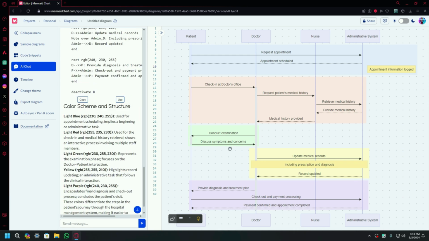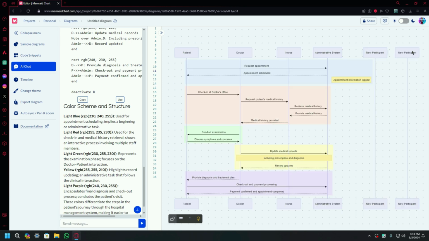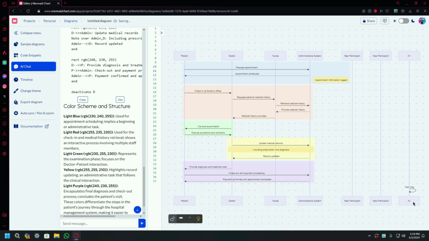Now there is one more thing that we can do. You can also just use anything from here. So for example, if you want to add another participant, you can just click on it. So it will add another participant right from here. And there is also an option for add new actor. If I click on it, you can see that an actor has been added. So for now, we just don't need that. So we can just remove them. You can just click on this and remove these things if you want to.